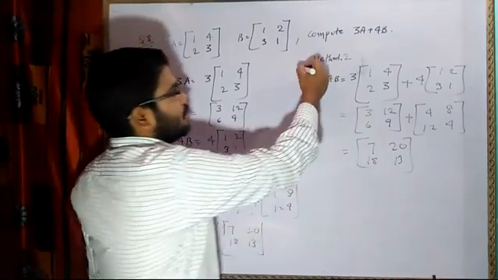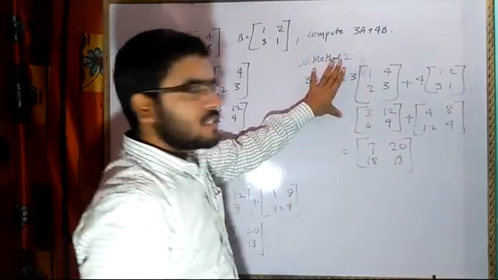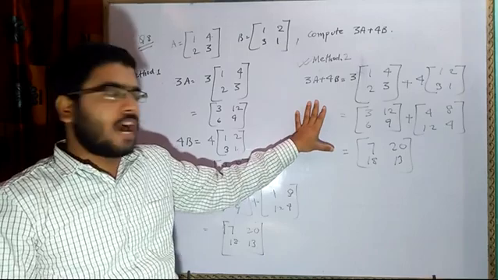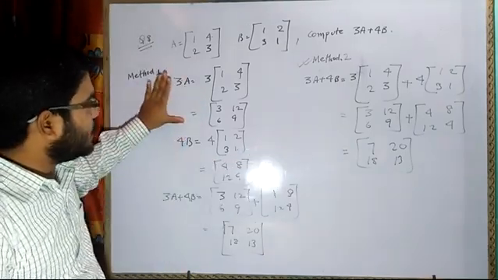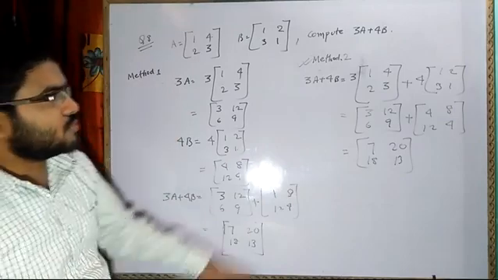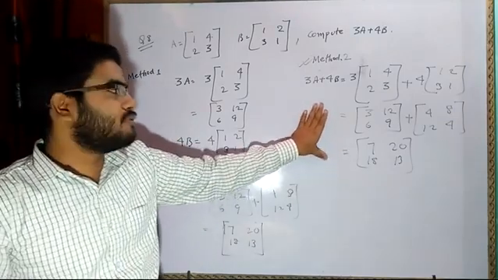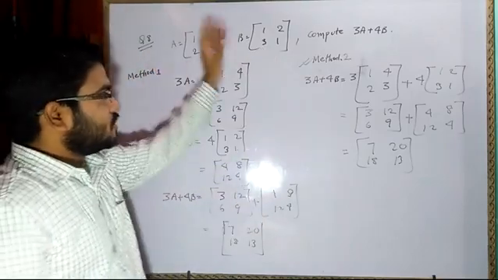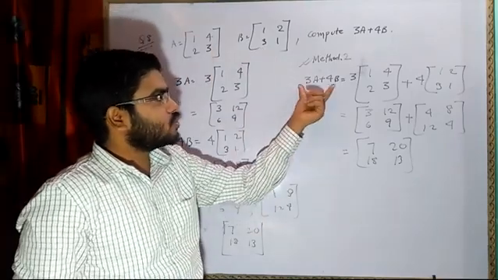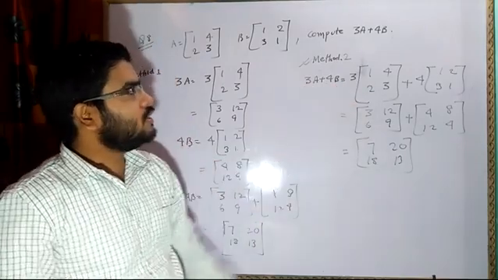I hope most of you will prefer this one because it requires fewer steps and you have to write less in this case, whereas here you have to first find out and then substitute. I also prefer this method. Why waste time and money and pages? So it is better to solve in this method.